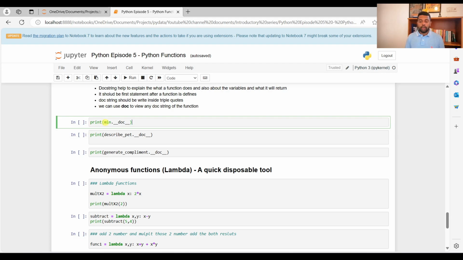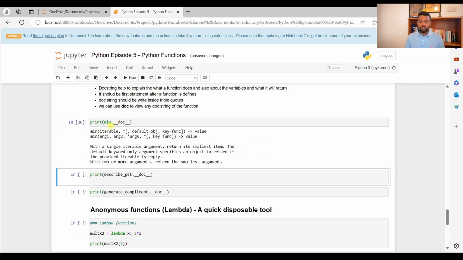What you need to do is you will have to say print. Let's say I'm trying to look into the docstring of the min inbuilt function, which we talked about at the very beginning. What you need to do is you have to say print and then min dot, and then you have to use this dunder method called underscore underscore doc underscore underscore,